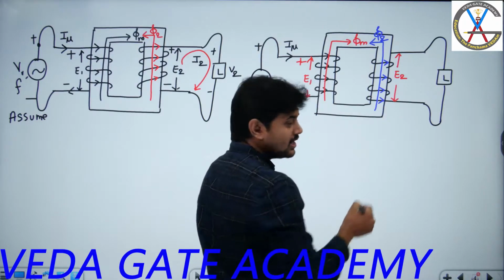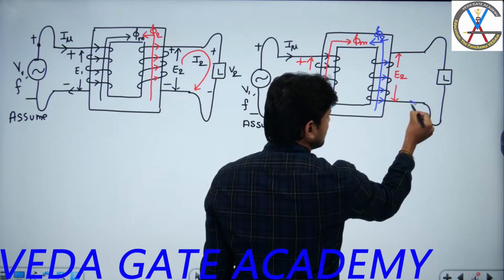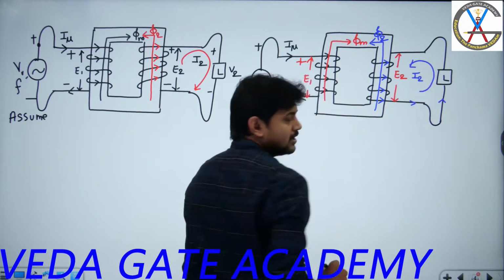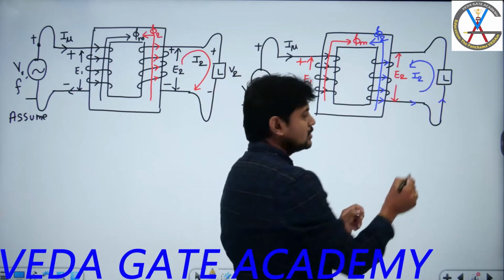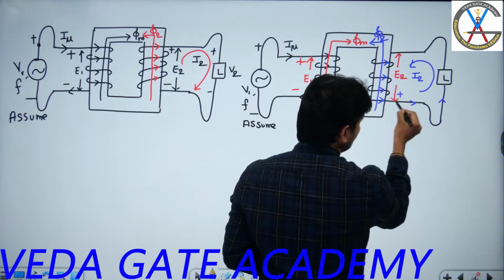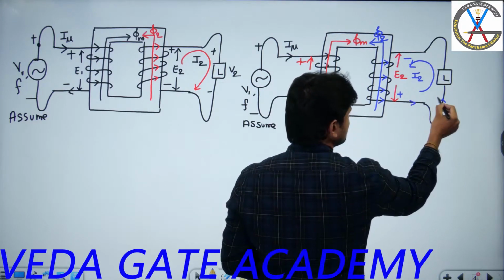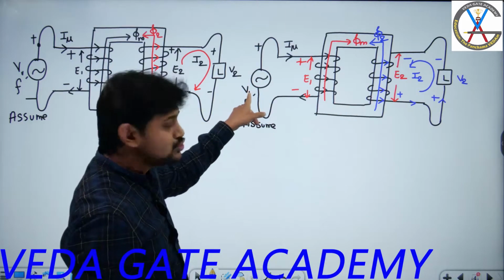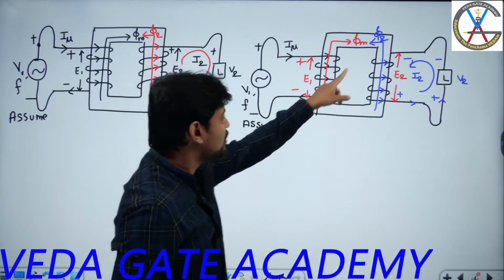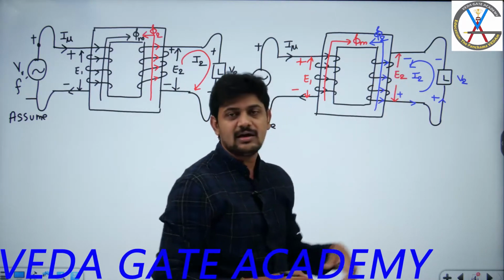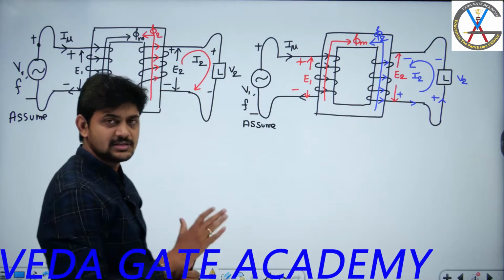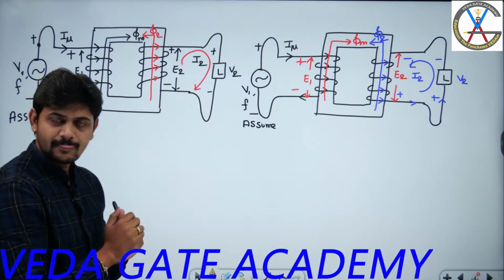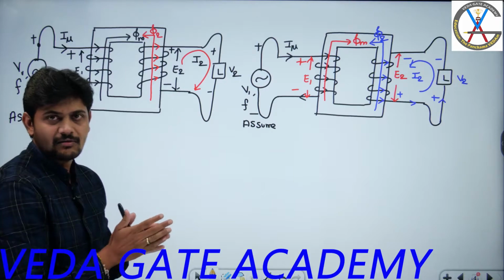So now if you observe here, the current is flowing in this direction. So the direction of the secondary current is in this fashion. Now since it is a source and it is a load, obviously for a source the current will leave here. So this plus minus, and here you will get plus minus V2. So that means for the assumed primary polarities, if I know the sense of the winding, I get the secondary winding polarities. This occurs only if I know the sense of the winding.